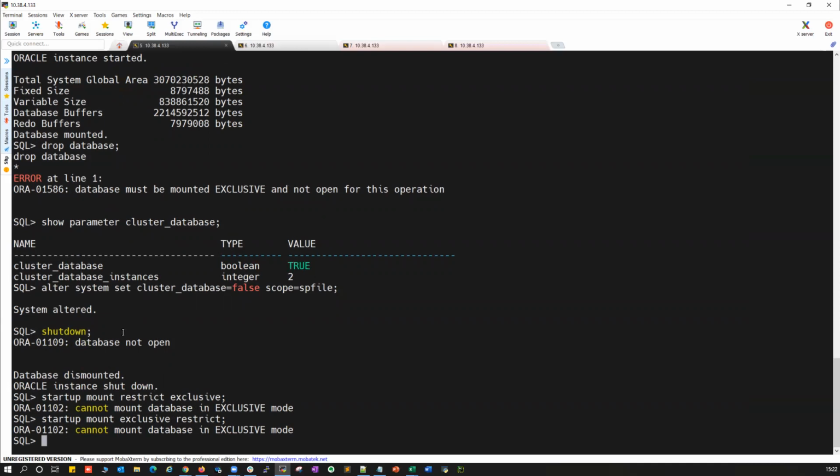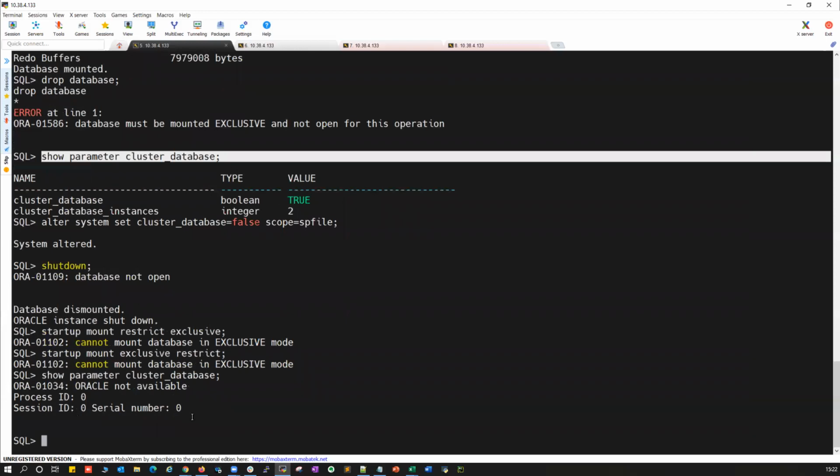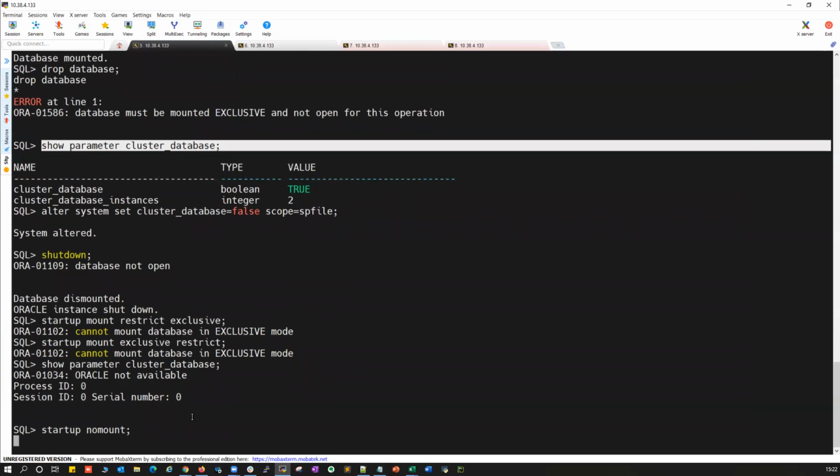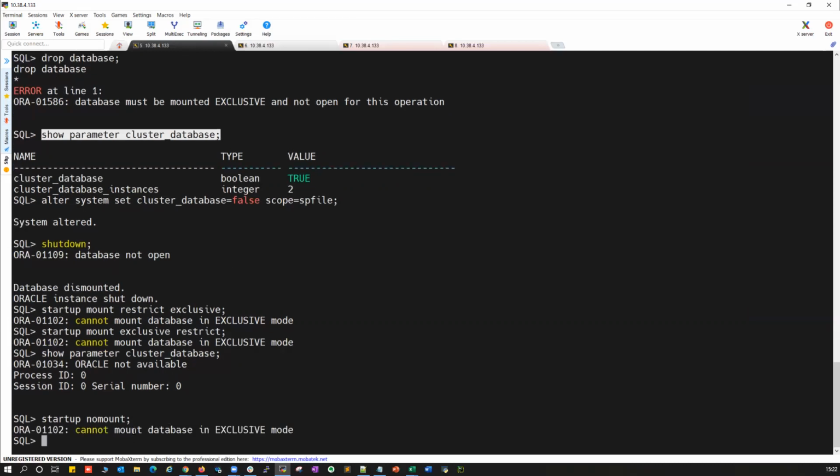I'll do show parameter, probably if the instance is not started. Okay, I'll do startup nomount and verify this cluster_database parameter. Yeah, cannot mount your database in exclusive mode.